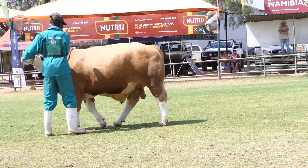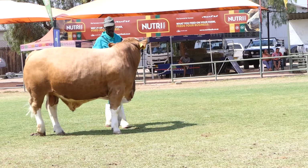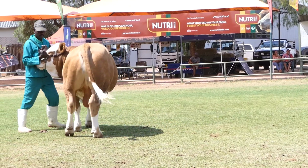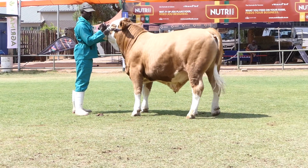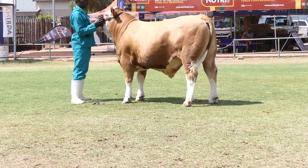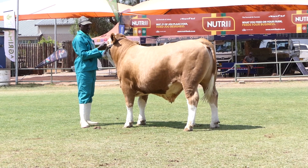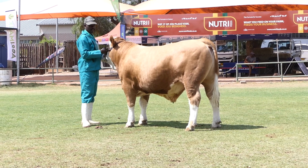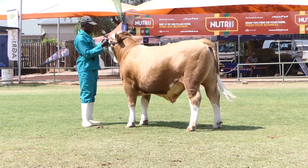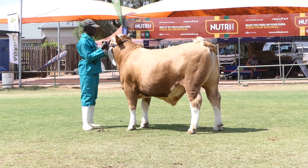Skin on these cattle, like in our environment where we are in Namibia, these cattle need that extra skin for softness, that's durability, but also for adaptability to have that extra skin. So I probably err to the point of allowing a bit more sheath than some other people would. This sheath doesn't bother me on this Simmental bull. There are guys who will tighten those sheaths up to where there's almost no sheath, and from a functionality standpoint,